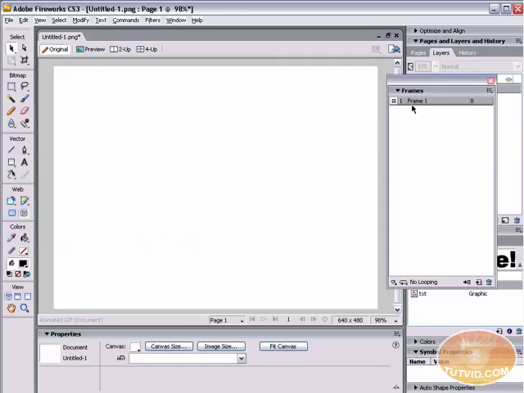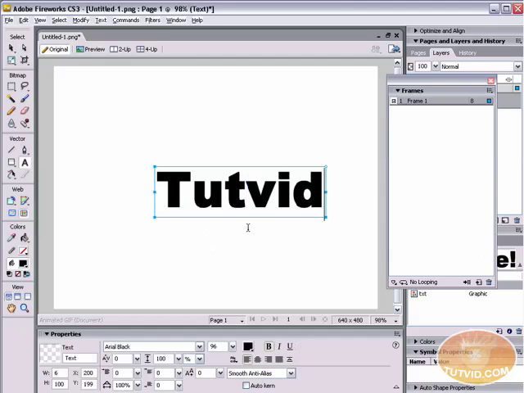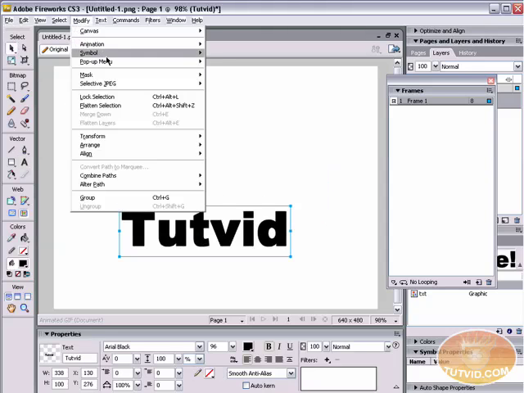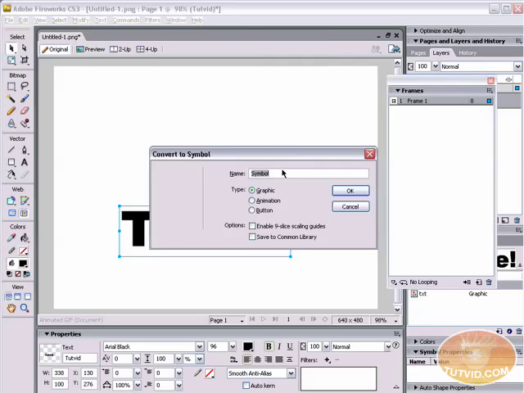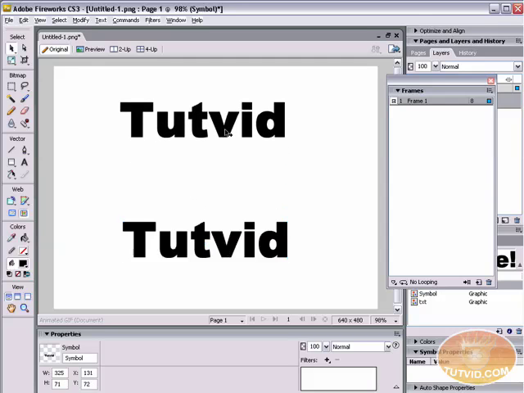Let me just delete all these frames, and I'm going to delete this little bit of text, and I'm going to type out the word tutvid, and I'm going to go modify, symbol, convert to symbol, and we're going to make this guy a graphic symbol, and we're just going to do a quick couple tweens. So I'm going to hold down the Alt key, drag him up,